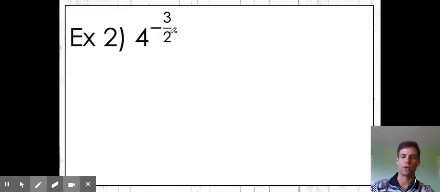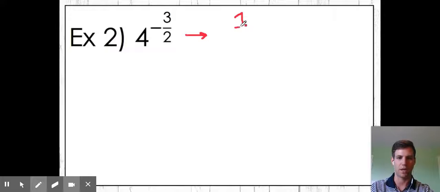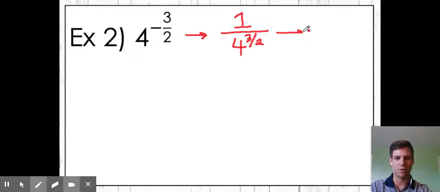In problem number 2, we are looking at 4 to the power of -3/2. So the first thing that jumps out at me is that we have a negative exponent. So let's make that change by putting it into the denominator, which is one of our exponent rules. So now we have 4 to the power of 3/2. Now from there, I can change that into radical form. So the 1 on top is obviously not changing. But on the bottom, we have the square root of 4, and we are going to cube that answer,